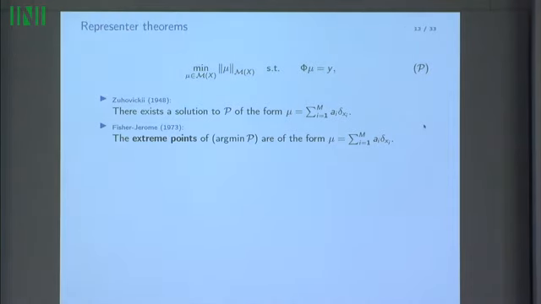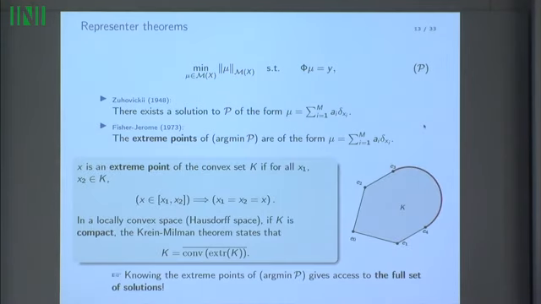There exist representer theorems for this problem. The oldest one that we found is due to Zuhovitskii. He says that there exists a solution of the continuous basis pursuit of this form, with a number of Dirac masses which is m, where m is again the length of the observation vector. And Fisher and Jerome strengthened the result by describing the extreme points of the solution set, saying that all the extreme points can be written like this. So it's stronger in this way.